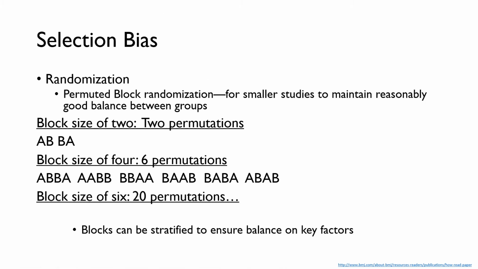So one step further is to do permuted block randomization, particularly for smaller studies. This allows us to maintain pretty good balance between groups. So you can set your block size and say, hey, I'm going to randomize in blocks of 2. So if I randomize this person to group A, this one's going to go to group B, right? If I randomize this one to group B, this one's going to go to group A. The bigger your block size, the bigger the random permutations you can have in the order in which you randomize, but still within each block, things are balanced, right? And then you can go